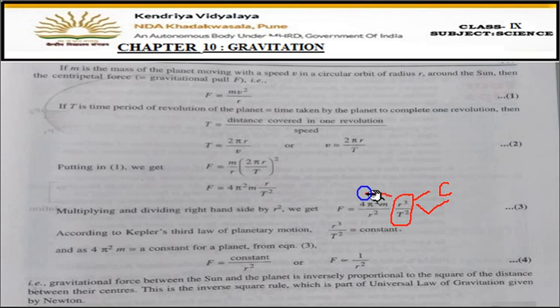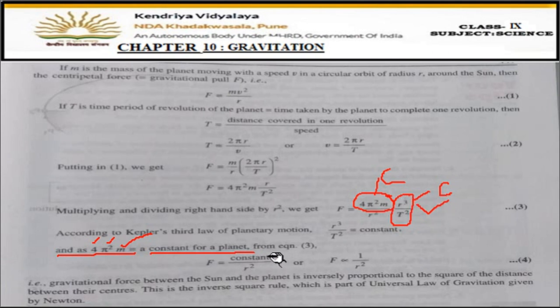Now here you will see 4 pi square m. What is 4 pi square m? This is also constant for a planet because mass of a planet is always constant. 4 is a constant value, pi is a constant value. Now mass of the planet is always constant. Mass of the planet is not changing, right? So this whole term is also a constant value. It does not change. So what is remaining now, children? F and in the lower side r square, right? So it comes to be that F is equal to constant upon r square. This everything is constant now.